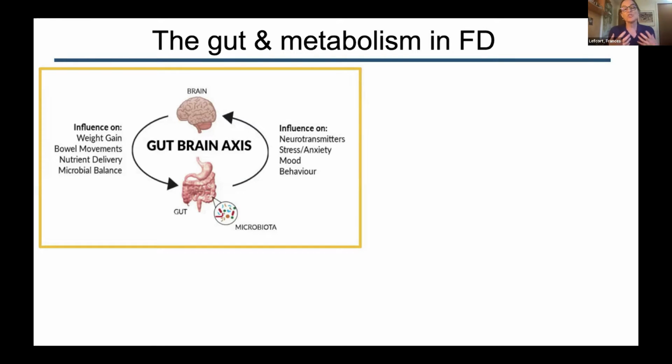And the gut is also full of bacteria, trillions of bacteria. And those bacteria and the neurons in the gut and the other cells in the gut and the brain all communicate with one another. And if that communication goes awry, then there are problems with bowel movements, constipation, diarrhea, and